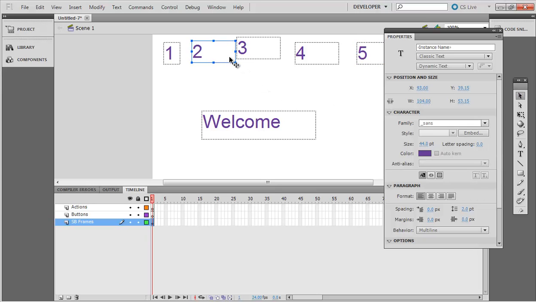Okay, so assuming I have 5 frames, you can create this for your 10 or 15 frames, however long your frames are in your story. So I'll do this navigation for the 5 frames only, so you can just take the concept and create your own